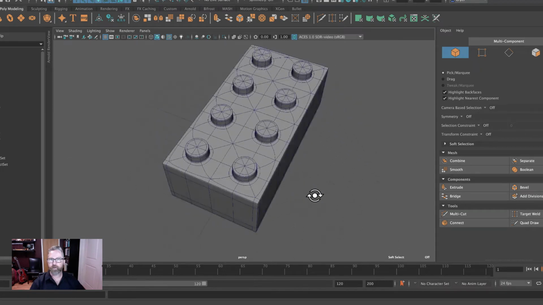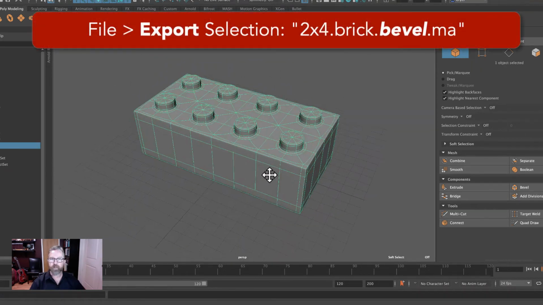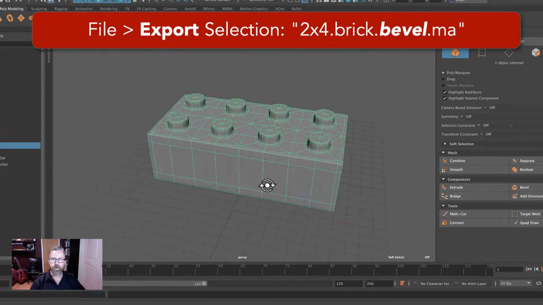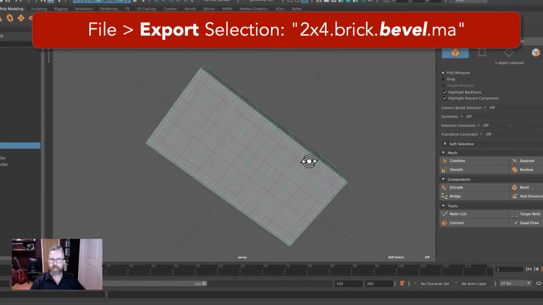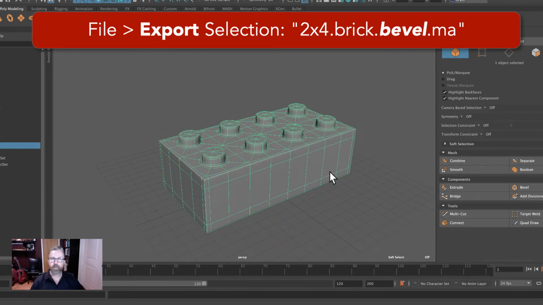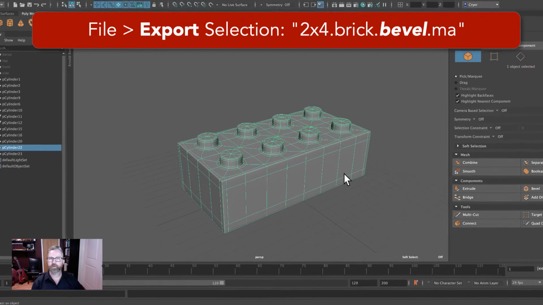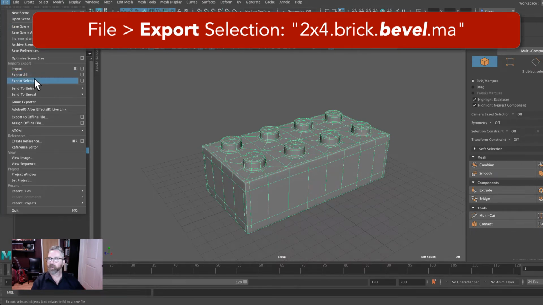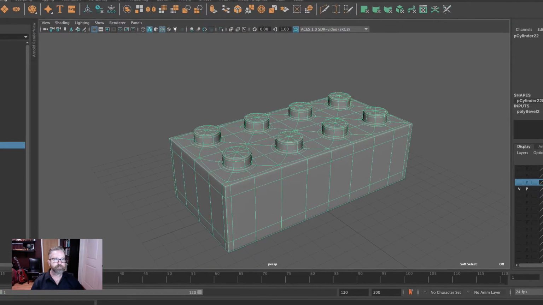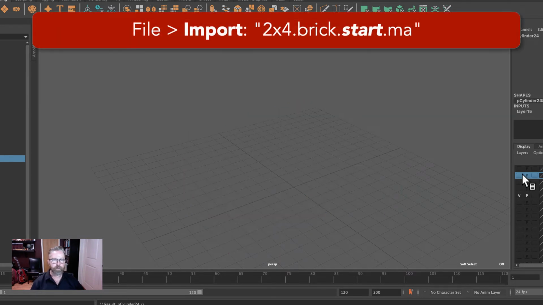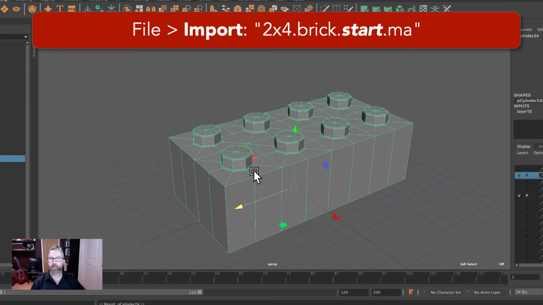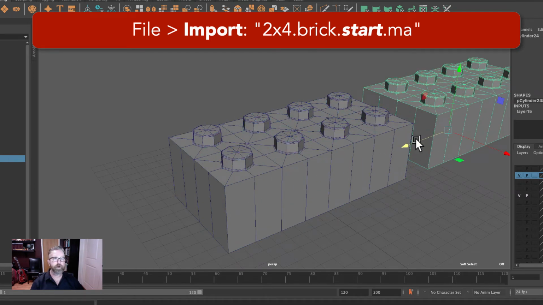You want to dolly around our 2x4, and this is probably the most common brick that you'll use, right? The 2x4 simply beveled. This can sit on top of a stack, and as long as you're not seeing the bottom, this is typically your most commonly used brick. All right, so we would say File, Export Selection, 2x4 bevel. I'm going to hide that one and bring back my 2x4 start,